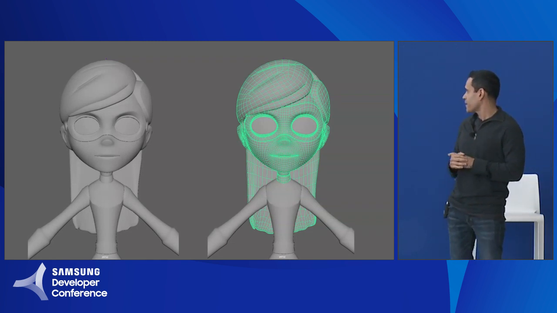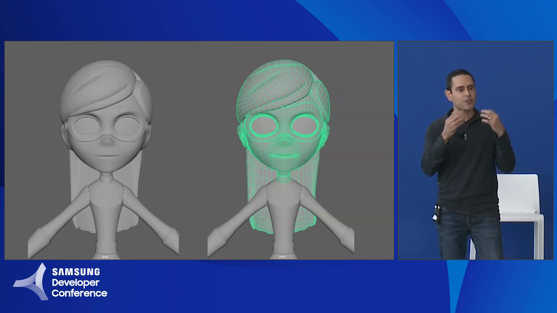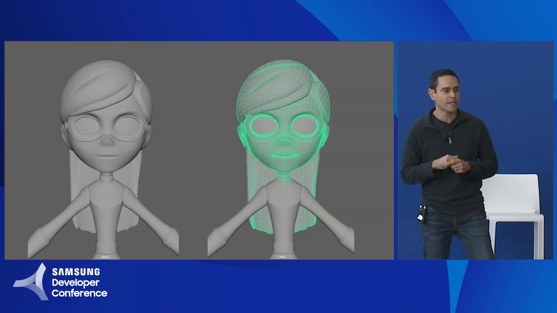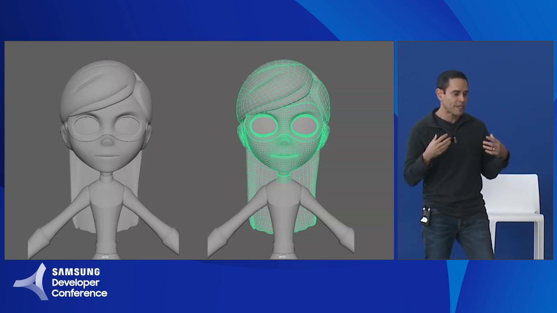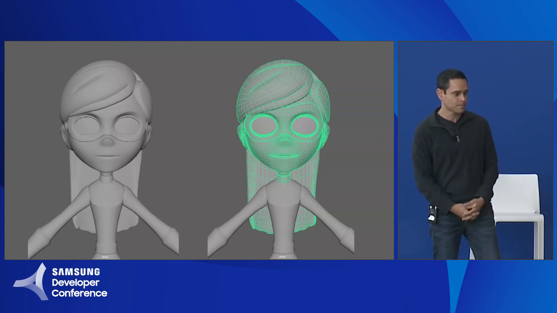So when you look here, it's not just about the sheer number of vertices, but about the positioning and where we want those edges and vertices to appear, right? So we need them around her mouth, her nose, and her eyes, so that we can get the most movement, the most emotion from that character. Think of when you're having a conversation with a friend, you're focusing a lot on their eyes and their mouth. There's a lot of movement there, a lot of personality is defined. When you're making these characters, you want to make sure those features are at their highest fidelity. And that's really important to capture.